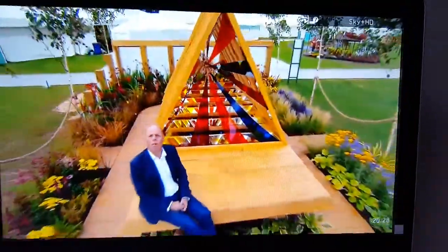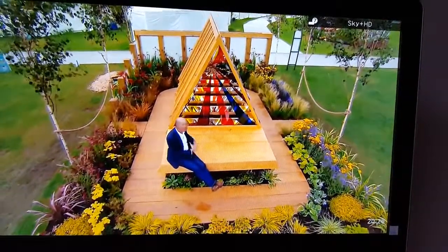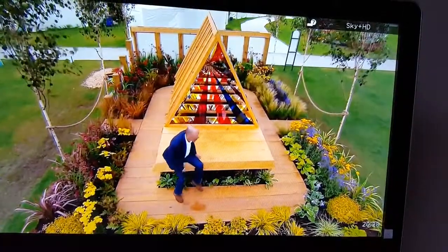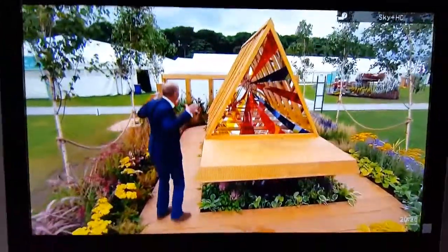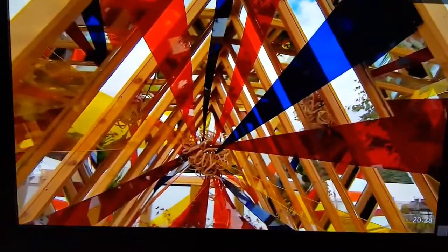This is Aurora Arbora by Dan Newby and Rob Glass, and for me it's a conceptual garden, an installation piece, and it's based on the Northern Lights, and it's mixed medium, so this is pretty much the only practical area, this decking that protrudes out, but otherwise there's this piece that you just walk around and look into and admire. And there's lots of different coloured perspex, we've got pieces of mirror, and underneath there's some water with the reflections,